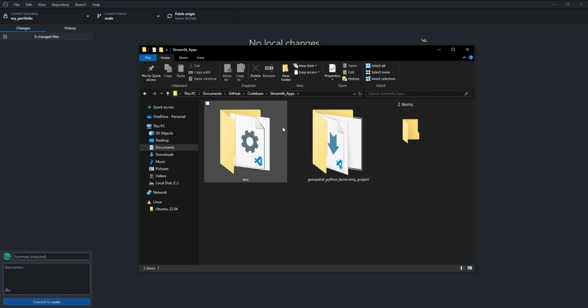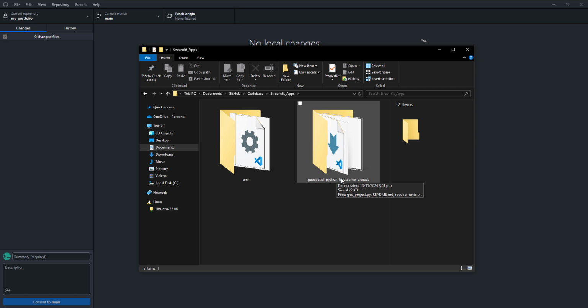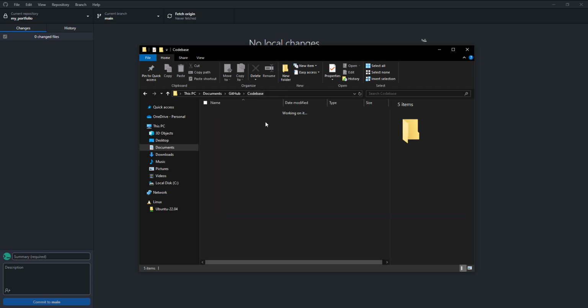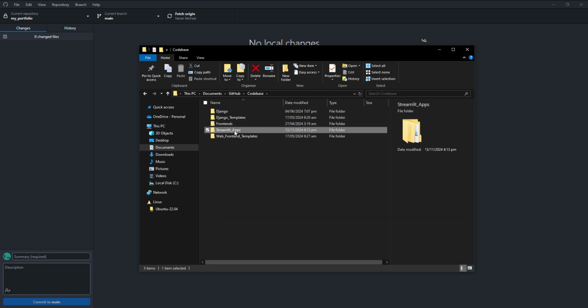That is because later on I want to be adding other Streamlit projects, and I want to keep them all organized in the Streamlit Apps folder. You don't need to do that. You can create just a folder like this, and then you drag that one and create a repository with it. But my own full repository will be this one, so I will drag this here